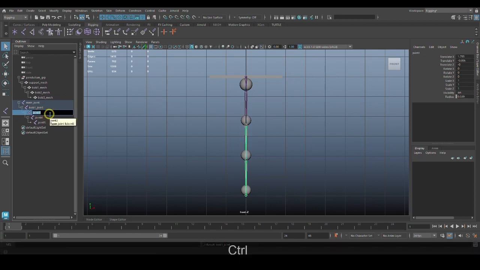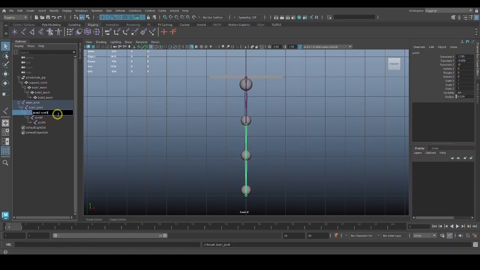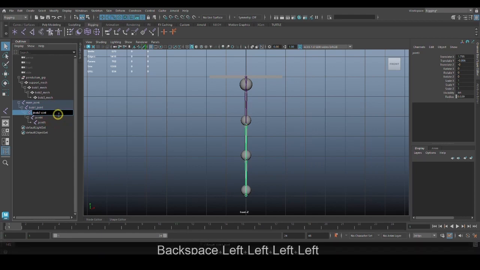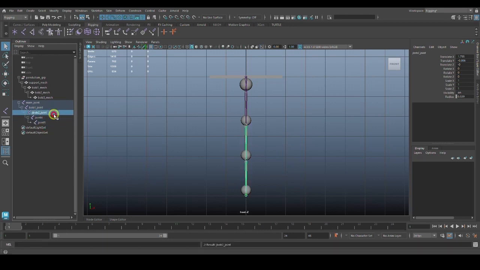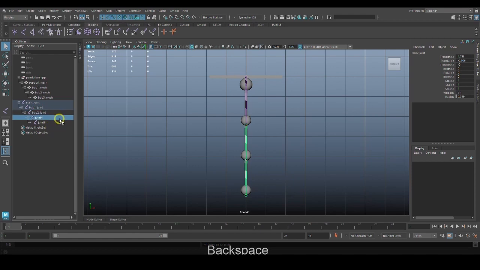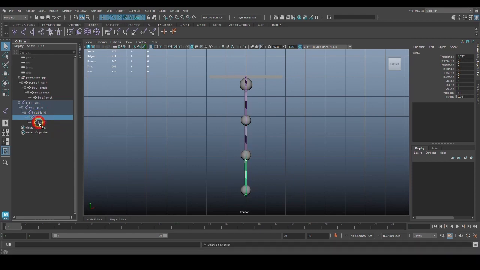Next, this is the bob 2 joint, so we'll just copy that, bob 1, make it 2, and joint. Okay, so there you go, we have the bob 2 joint,